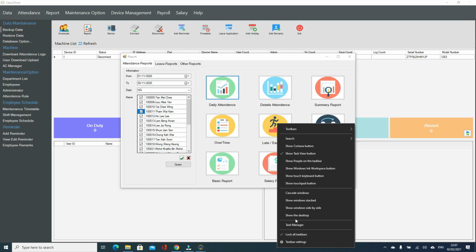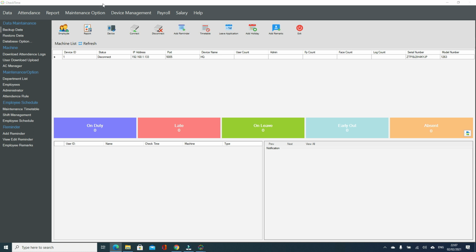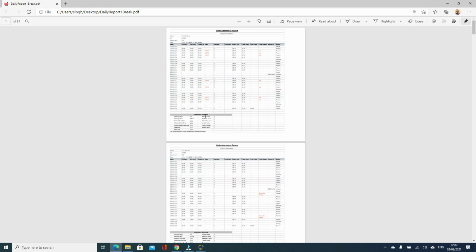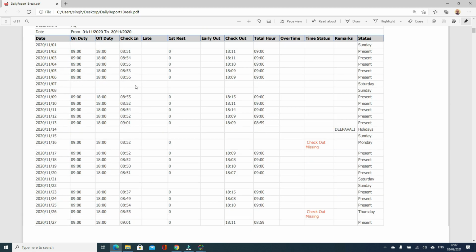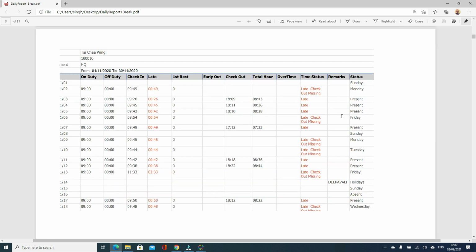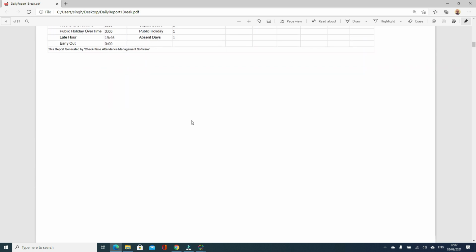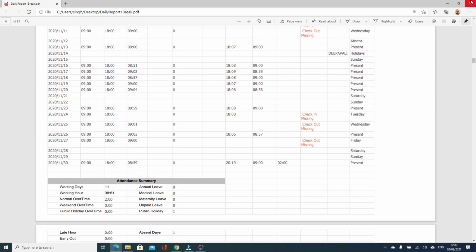If I go from here, just now we exported, this is the report. So here is the report that we exported. From the first employee, second employee, third employee, all of this you can see here. The third employee is showing you late, according to the timetable, and if people don't have the checkout, it shows you checkout missing here. If they don't have check-in, it shows you check-in missing in the report. So this is how you can print the different employees, all the reports you can print directly from here.